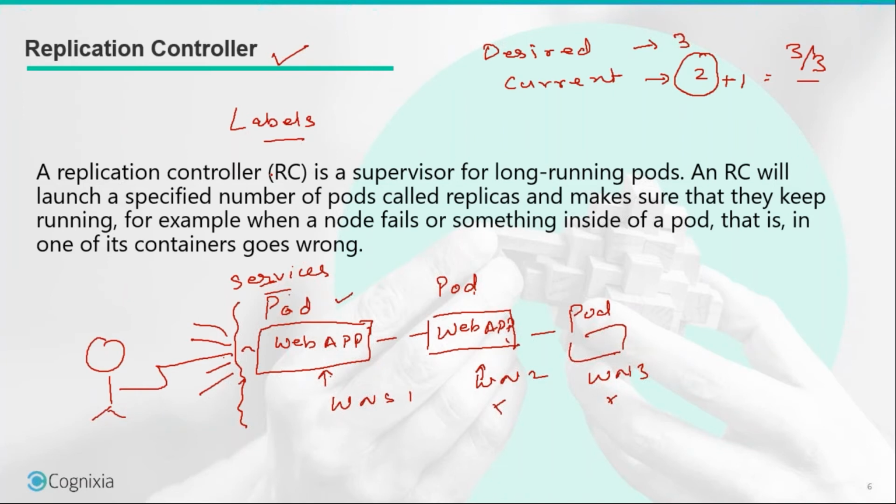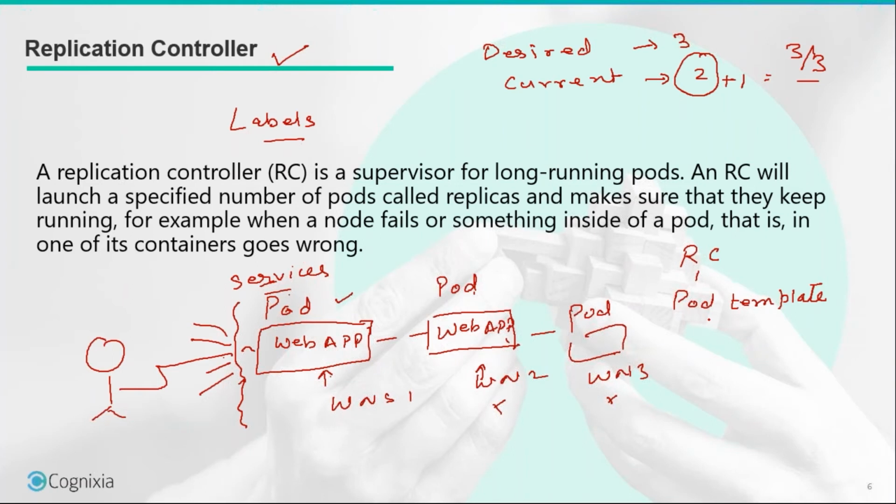How is the replication controller going to find the pods which belong to this replication controller? That is on the basis of labels. Labels play a very important role in Kubernetes. Whenever you are creating a replication controller, the replication controller has a pod template, and on the basis of this pod template, the new pods get